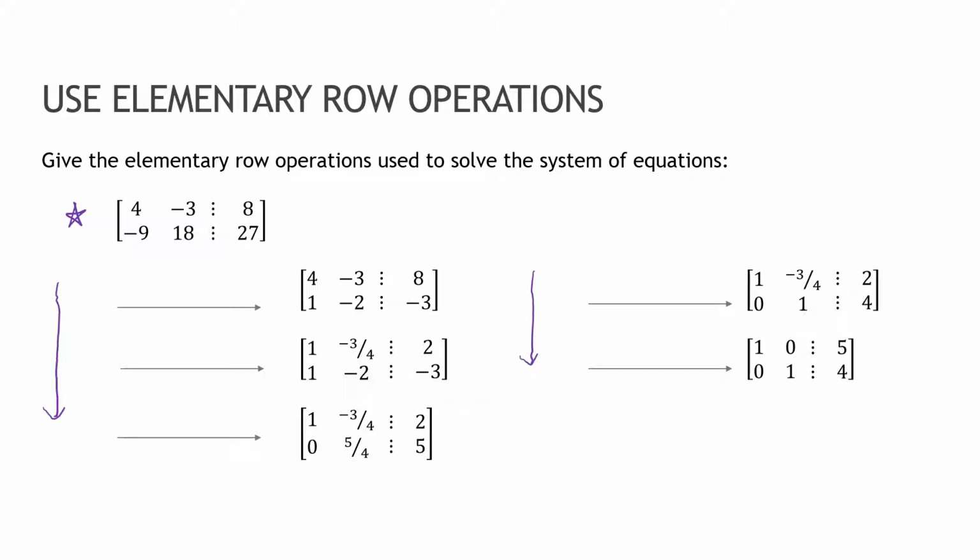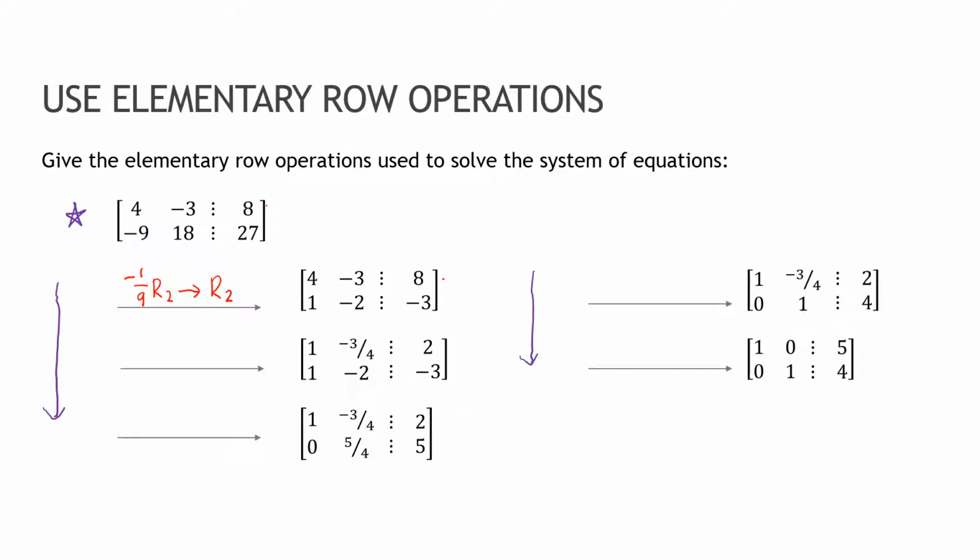What happened from here to here? Well, row 1 stayed exactly the same, but it looks like row 2, I divided everything by 9. And actually by negative 9. So how would I write that? That I took negative 1/9 of row 2 to be my new row 2. Because that's essentially what I did, is I divided by a -9 to get that 1